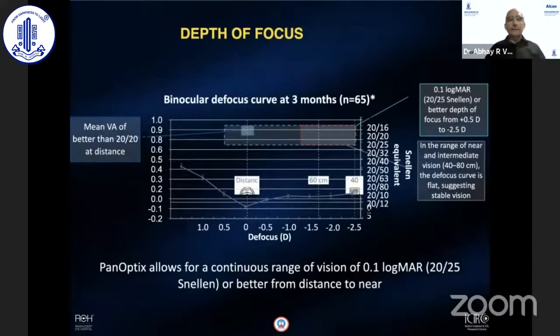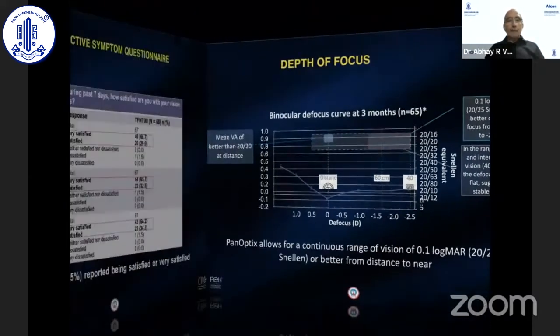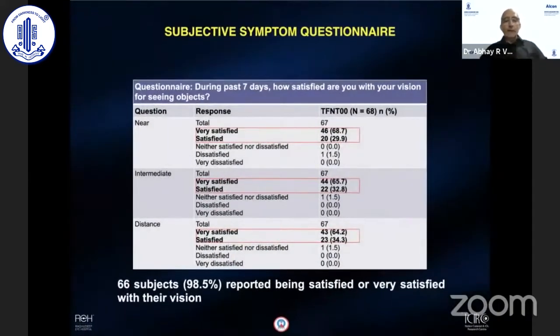Now, we saw the defocus curve, and this is a similar thing represented in a slightly different way. These may look a little intimidating, but this is the 6/6 vision, and 0.1 logMAR unit, that means 20/25 or better, with depth from 0.5 to 2.5. So it is quite a good thing with good vision here and a very, very flat curve here, which suggests good vision from 40 to 80 centimeters and beyond. This is, as I said earlier, the reason the patients are very comfortable. And as I said, in spite of 71% binocularly corrected having a composite vision,